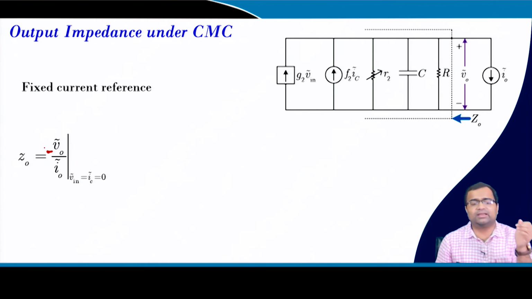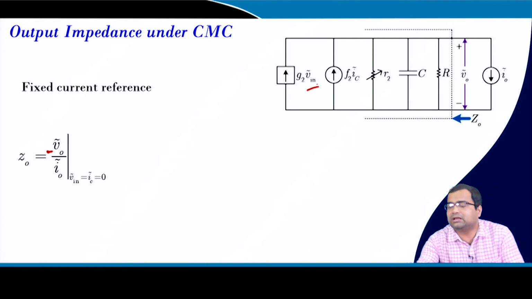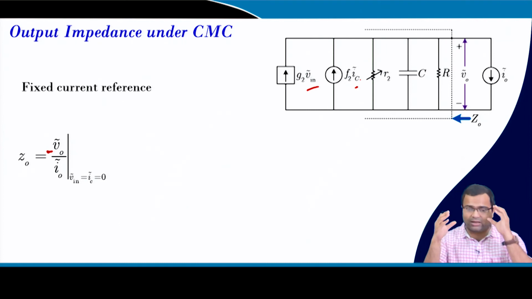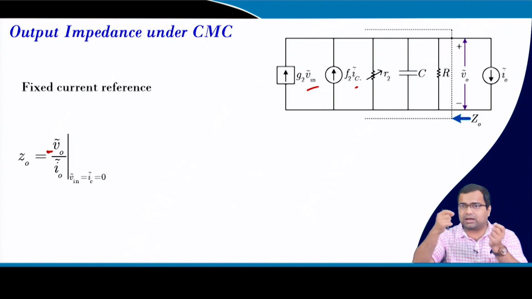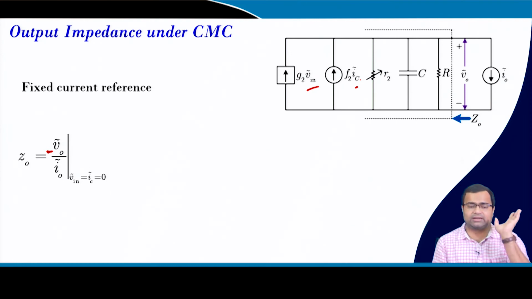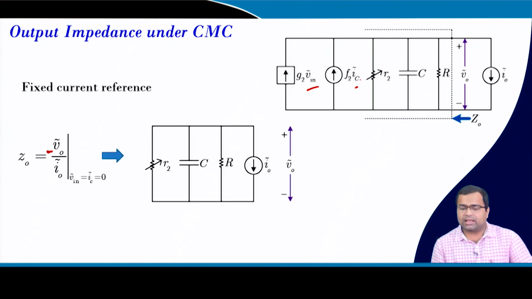negative sign here. Z0 is minus V0 tilde by I0 tilde, where we are not taking this one, and we are also not considering, that means we are keeping the current reference constant, input voltage constant, but we are exciting the converter from external current source by sink currents, that means sinking current. Okay. Since the current is sinking, that is why the negative sign is coming, and this will behave